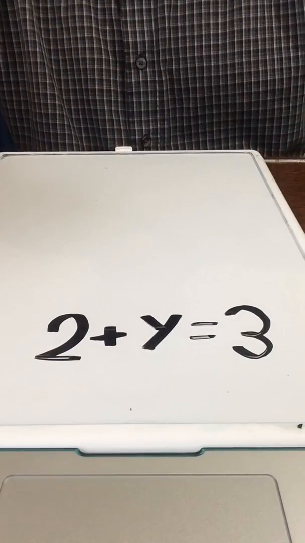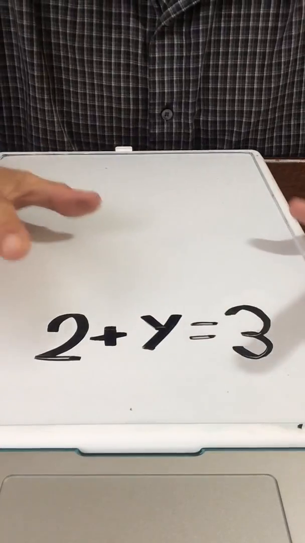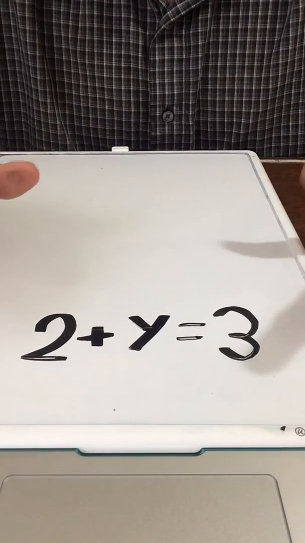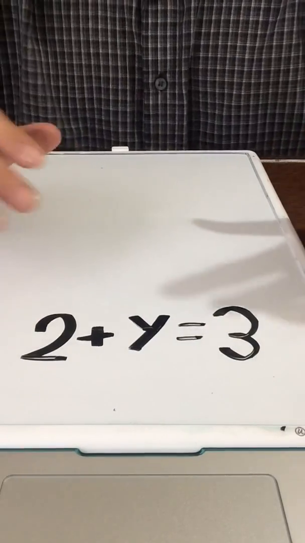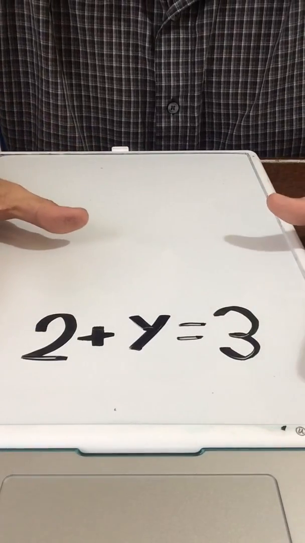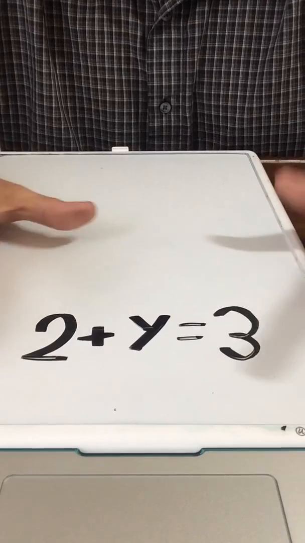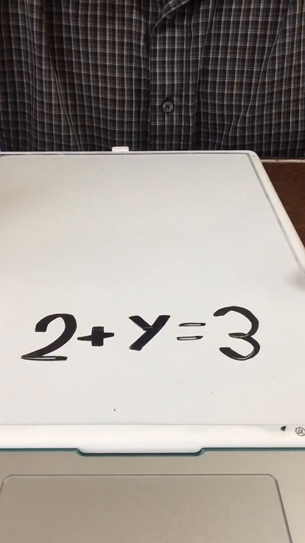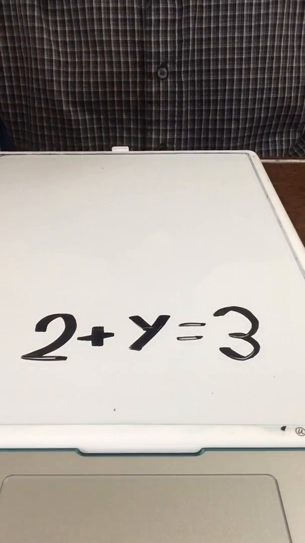It's solving for y. And these can be kind of hard to understand even for older children. So we're thinking more of the younger children. We want to solve for y. How do we help them understand how to solve this problem? Well, using the manipulatives helps. So we'll do it the same way